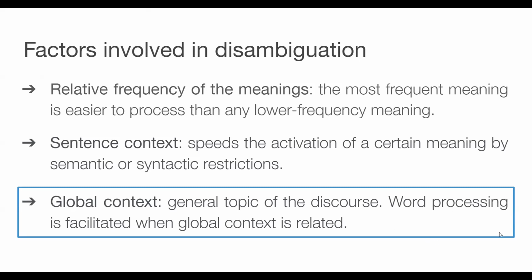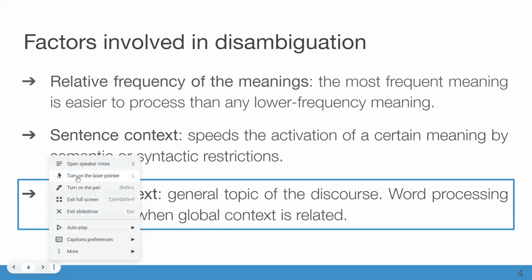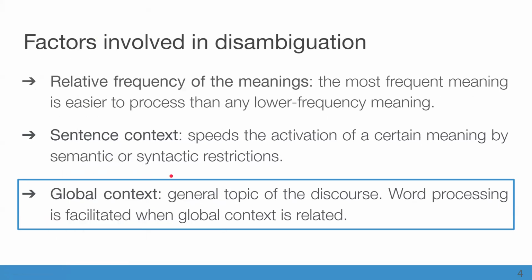So during my research, I'm going to focus on this last factor, the global context, and what I want to know is how it affects the processing of ambiguous words. I'm going to put the pointer here. Okay, so